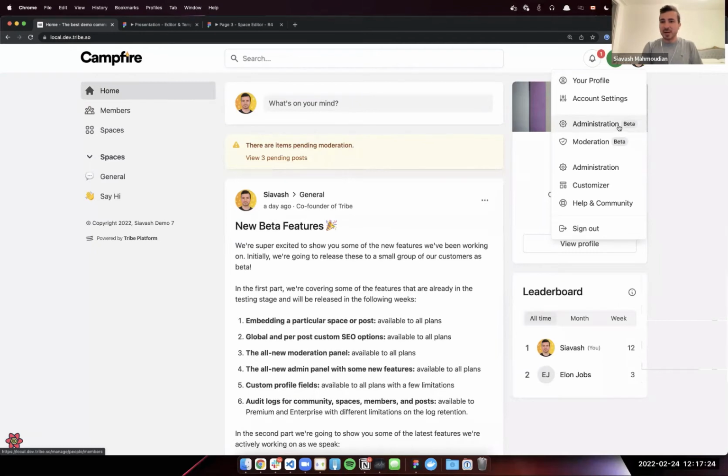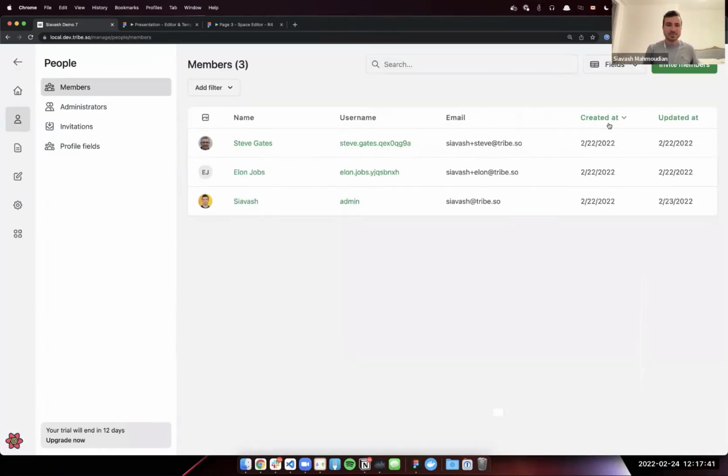So clicking on this new item, and again, when we are releasing the admin panel as beta to you guys, you will still have access to the old admin panel, but in addition to that, you will have access to the beta version of the new one. So let's click into it. As you can see, first of all, we have this interface where we're trying to use the whole space. And there are some big categories at the left. So we have dashboard, people, content, the editor, which will be coming and we're going to cover in the second part, the settings and the app store.